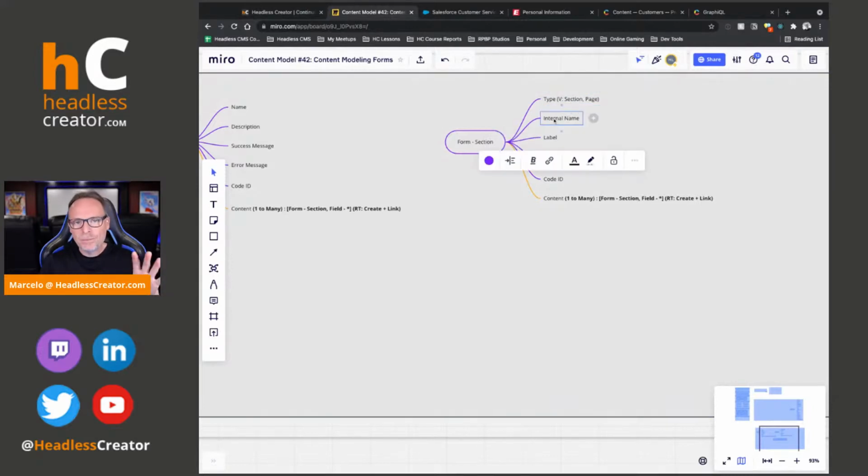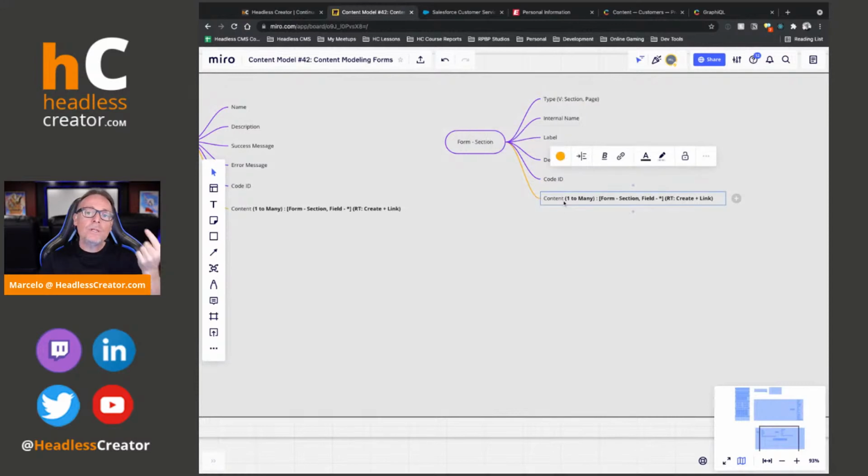We have the internal name, which basically is just the name of the section or page for the authors. Then we have the label, we have a description. Again, we have a code ID just in case the developer needs to do something with the page or the section. And then what can you put in a section? Well, in a section, you can put another section, because remember, a section could be a page, which then includes another section